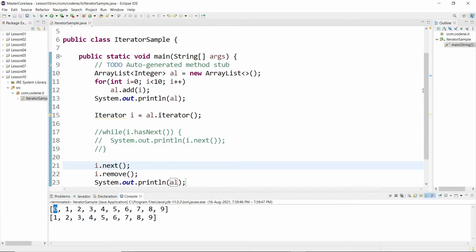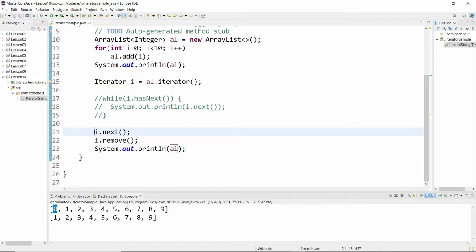So what's happening is that the iterator is not initialized at the 0th index. In fact, you can assume it gets initialized at -1. So when next is called for the first time, at that time only the index will come to the 0 index. When you call the remove method, the element at the current index is removed.